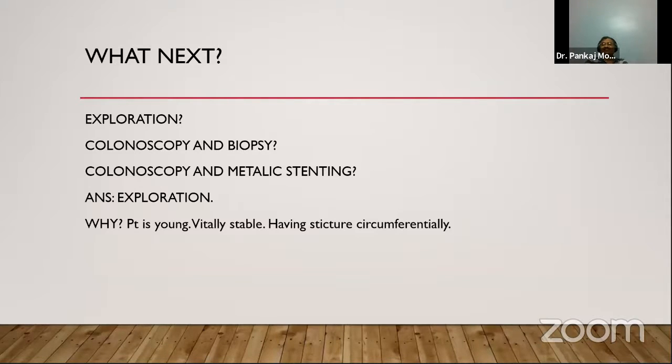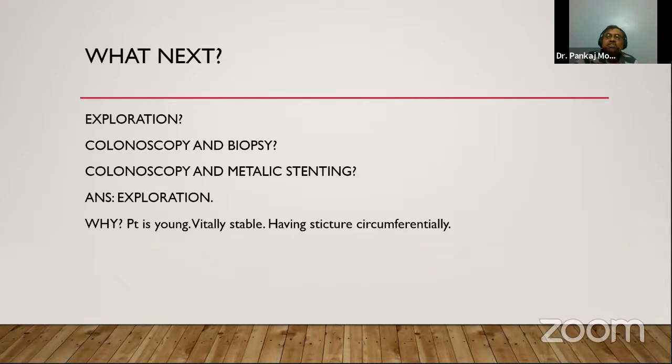So I wanted to emphasize that this is not a closed loop obstruction. That was a closed loop obstruction. That was a real emergency. This is a semi type of emergency. Semi, exactly. Small bowel are also dilated, so it was not a closed loop obstruction. Agreed. Ileocecal valve was incompetent, and that's why patient had vomiting, and all small bowel loops were also dilated. Okay.